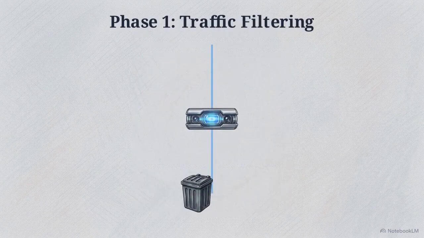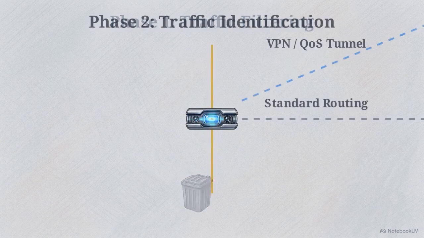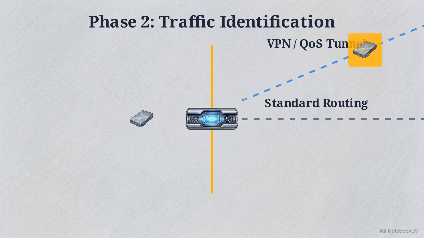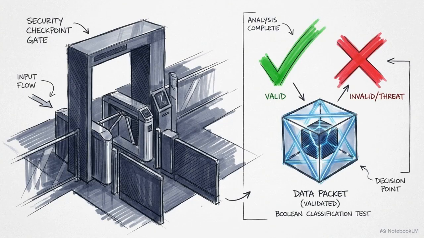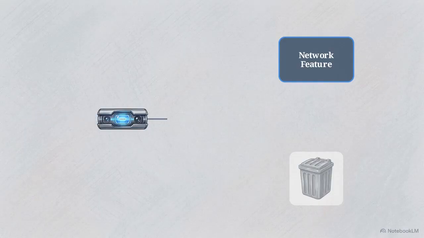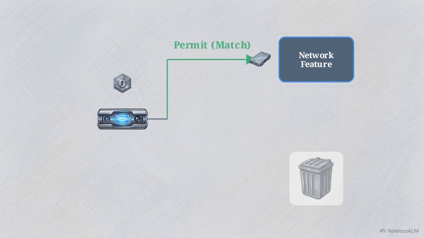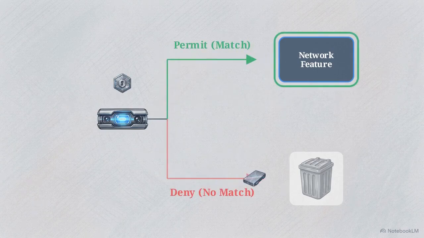ACLs generally execute one of two distinct functions. Most often, they act as a packet filter to block or allow specific traffic, but they are also used to identify interesting traffic for advanced features, like determining which data enters a VPN tunnel or a quality of service queue. When used for identification, the ACL isn't acting as a security checkpoint. It behaves purely as a true-false Boolean classification test. A permit statement simply means the traffic matches the criteria for the feature, and a deny statement means it is